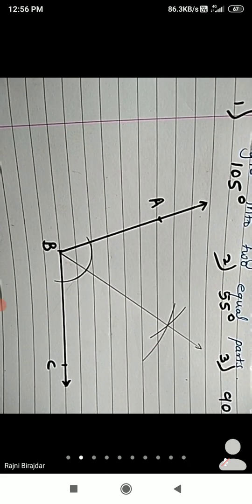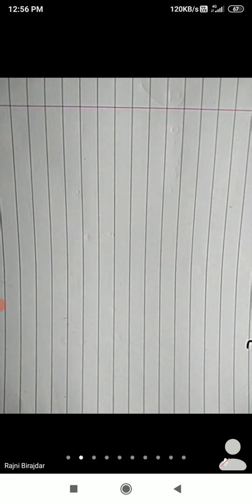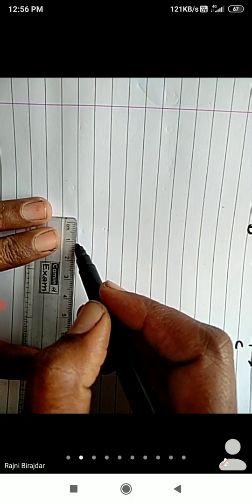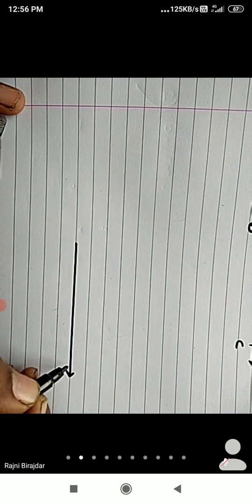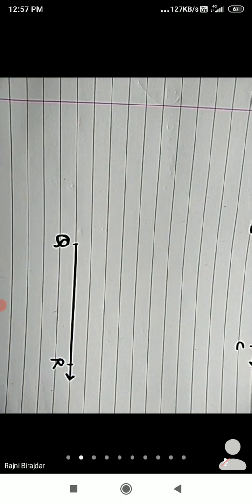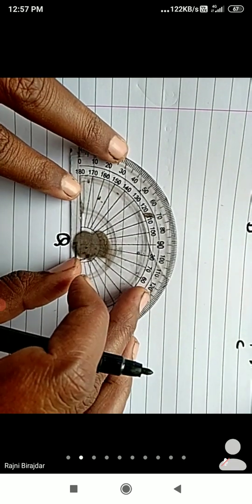Next it is about 55 degrees. Now here, down only, I will draw. After that you draw in your notebook. Same. First draw, observe. Second time I am showing you. First draw one ray here, and name it. Here I will give QR. And draw the 55 degree angle now.